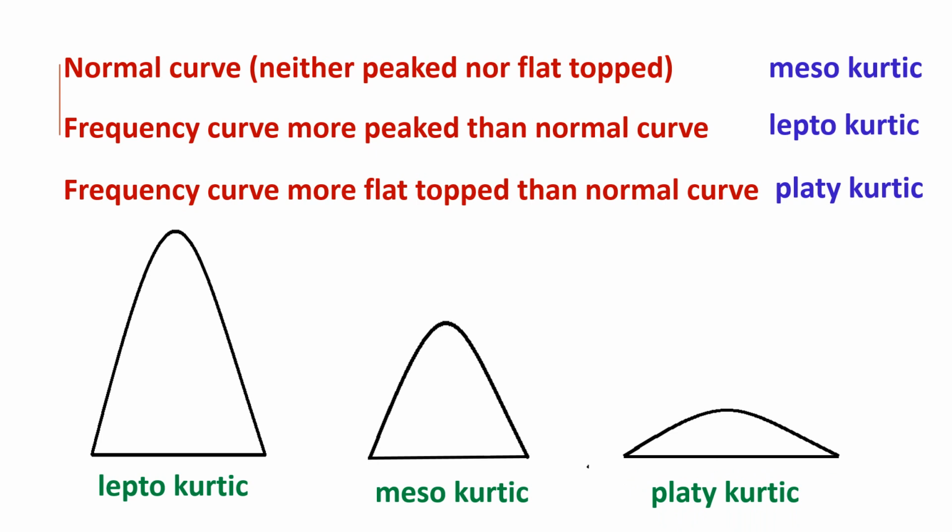So, a normal curve is used against which other curves are compared. This one is the normal curve. It has a normal size and structure. And when this curve is higher than the normal curve, we can say it is a high peaked curve, and that becomes a leptokurtic curve. And when it is a flat topped curve compared to the normal curve, such a curve is called platykurtic. These are the three different types of curves.